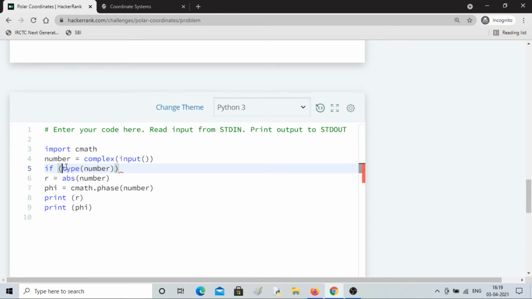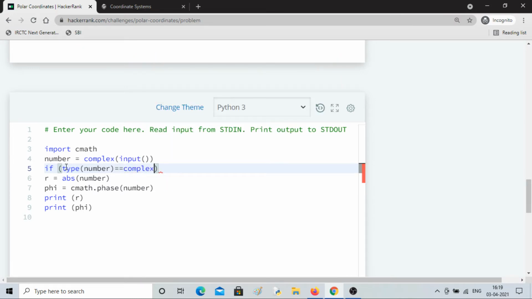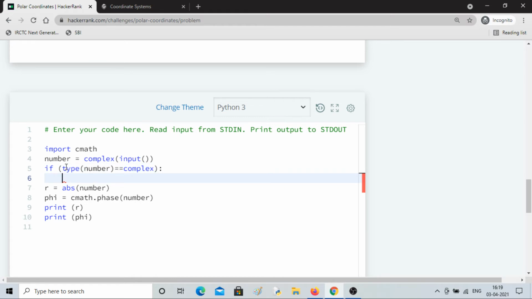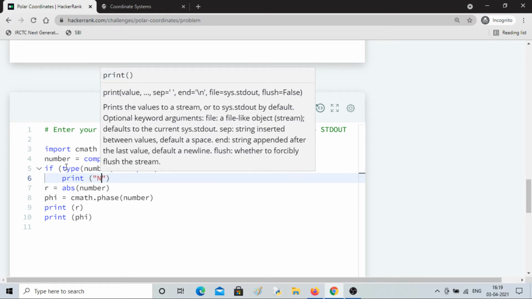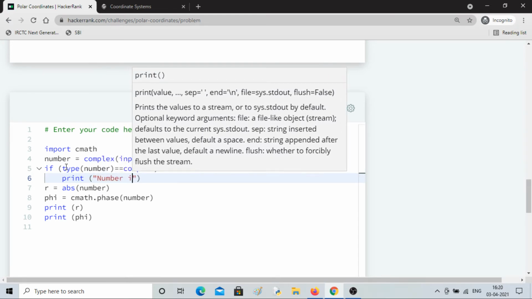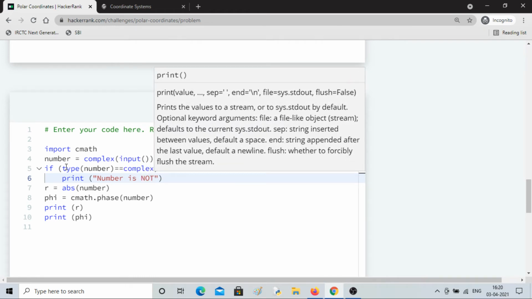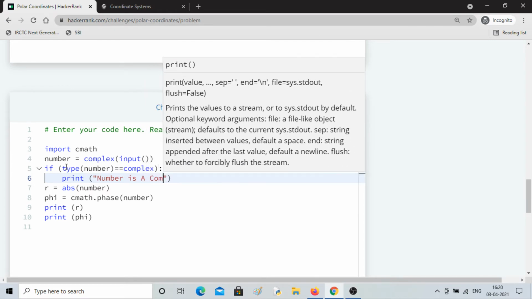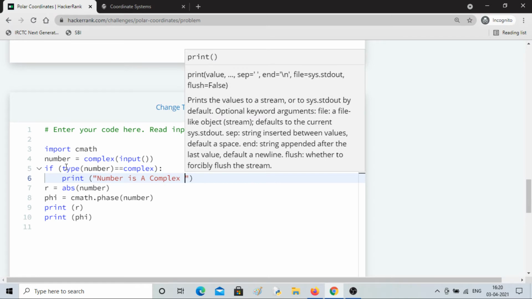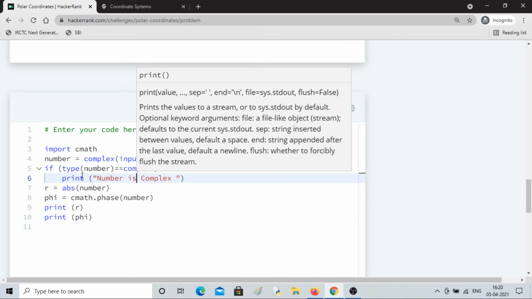If type of number equals complex, then I have to print number is not a complex, I'll write. Okay, first of all, just to show you that this works.